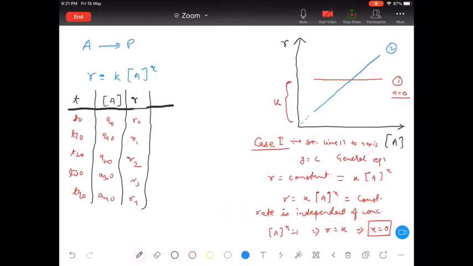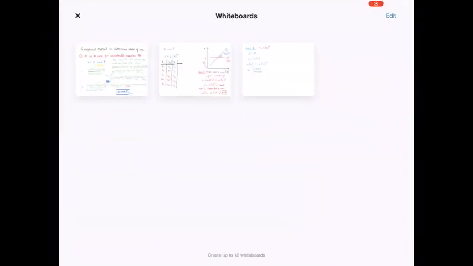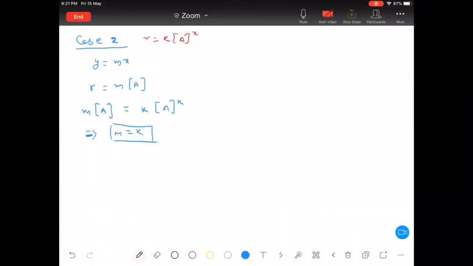I can write here whatever this theta we are writing, tan theta, that will give you the slope. Tan theta will be the slope of the line, or simply that will be equal to the rate constant in case 2, right? So simply you can write here tan theta will be equal to rate constant. Rate constant we have figured out. Now after finding out the rate constant, I have to also find the order of reaction.